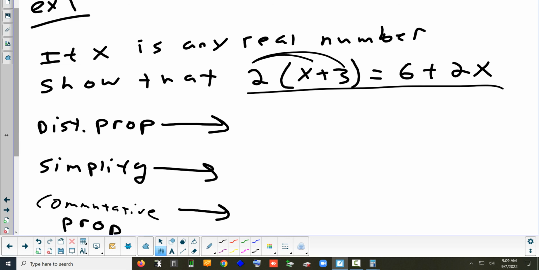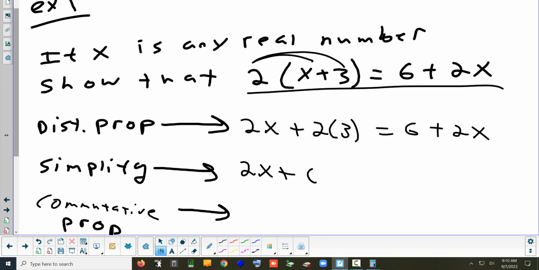So in this step, all they want me to do is write out how you would do that. You don't even have to simplify it yet. That's the next step. Just write it out. So that means 2 times x plus 2 times 3. That's what the distributive property needs to be. That equals 6 plus 2x. Alex, what can I simplify now? Because they said that's the next step. You see anything that can be simplified on the left? 2 and 3. What do you get? 6. So 2x plus 6